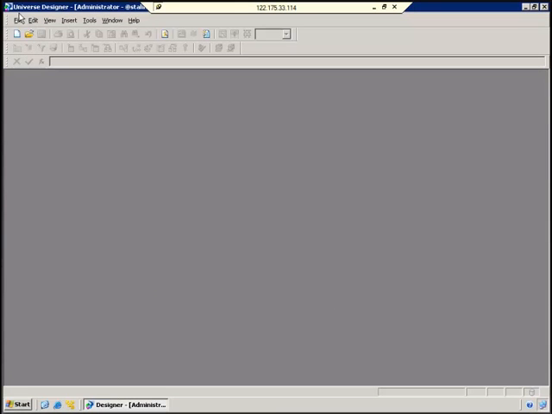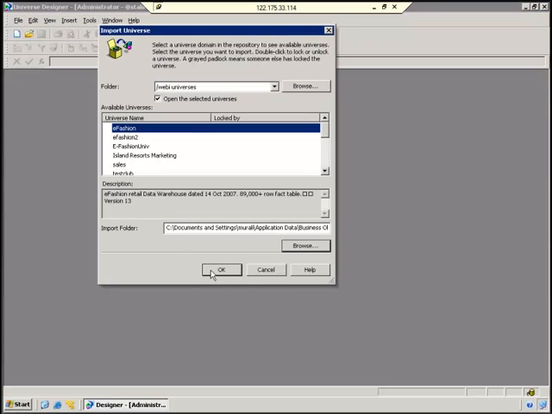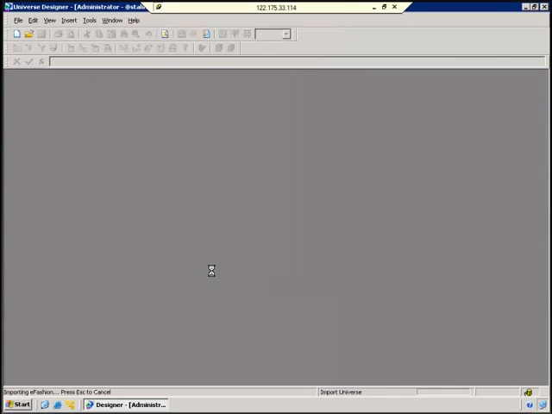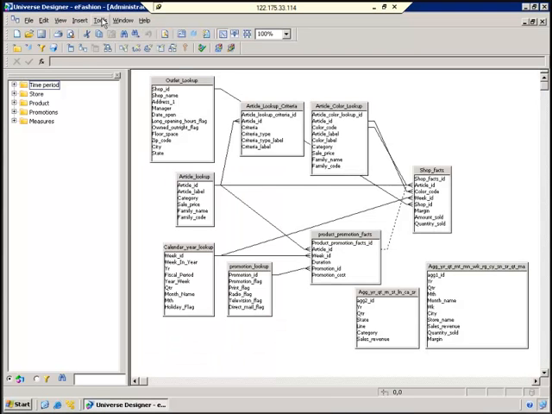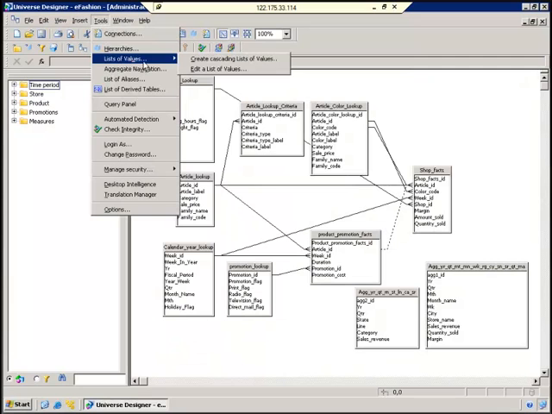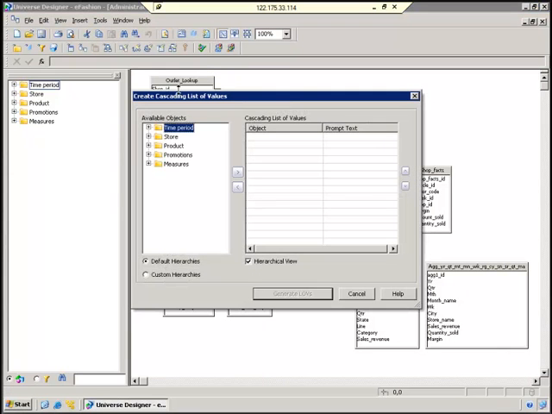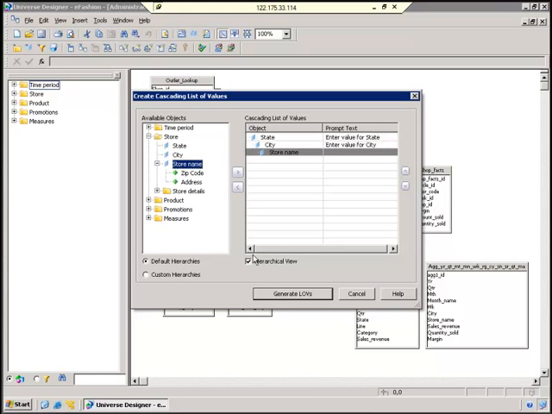Let me import a universe. File, import a universe called eFashion. I imported the universe called eFashion, and I want to change tools, list of values. There I have the option of creating cascading list of values, state, city, store name, generate LOVs,